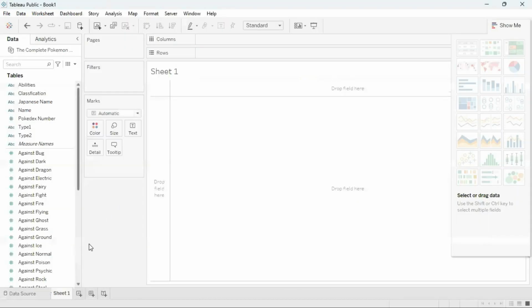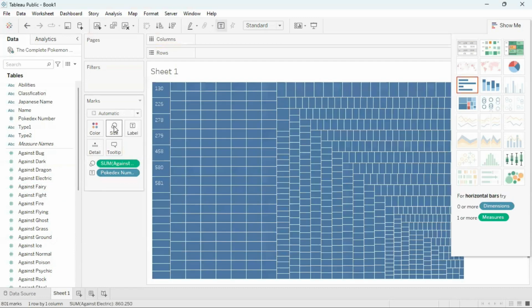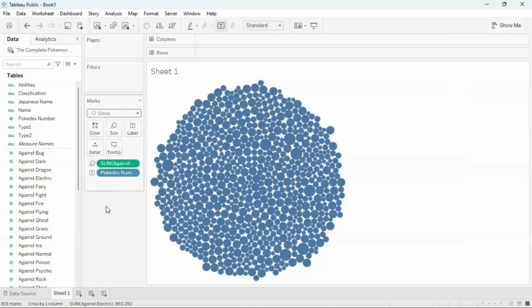And to create the bubble chart, I'm going to first drag Pokédex number to text, and I'm going to drag against electric to size. Then to change the squares to a circle, I'm going to click on the drop down for marks and select circle. So there we have it. Now we have a bubble chart where each bubble is a Pokédex number, and we have the total sum for